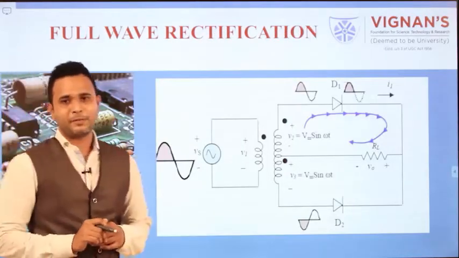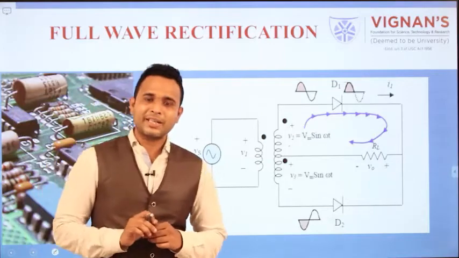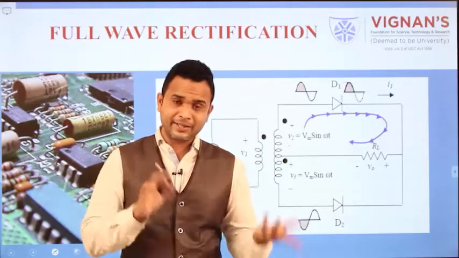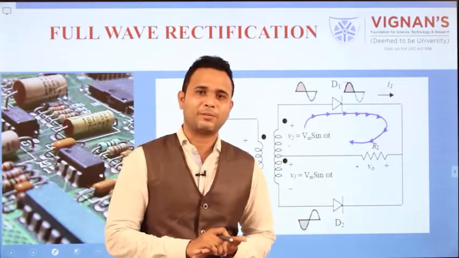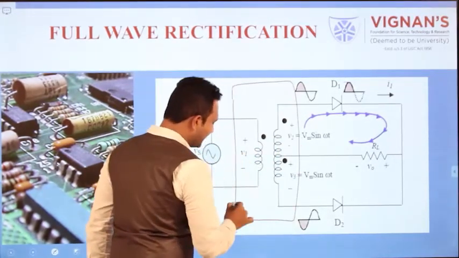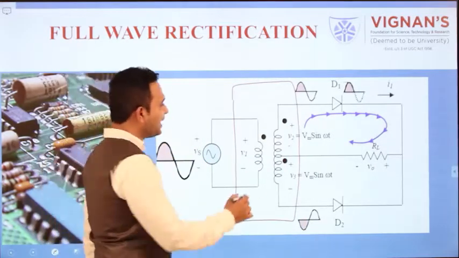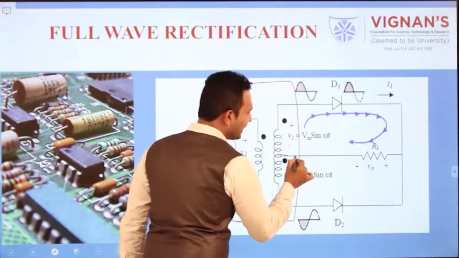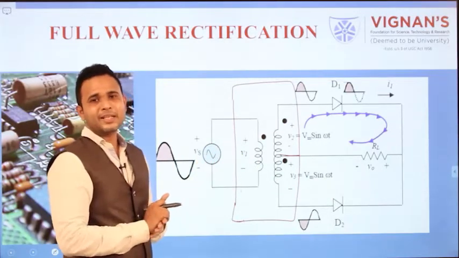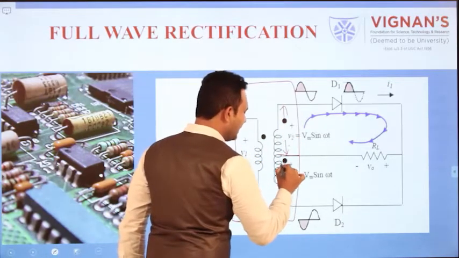What is meant by the full wave rectifier? First, one important thing we have to learn about the full wave rectifier: I told you that in any rectifier we have to use a step down transformer. Here I want to introduce another type of transformer, the center tapped step down transformer. Center tapped means at the secondary side, at the middle also we take one terminal. So at the output side we get two waves, the first output and the second output.